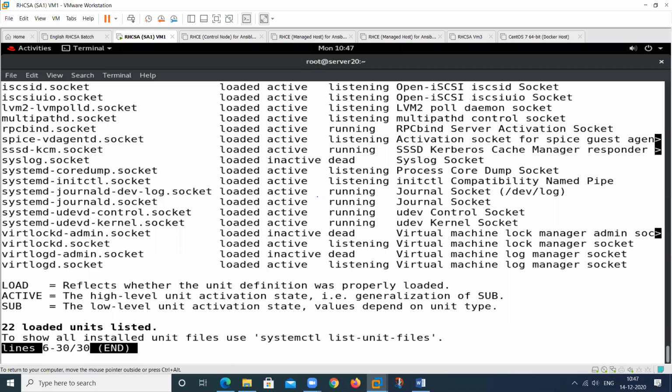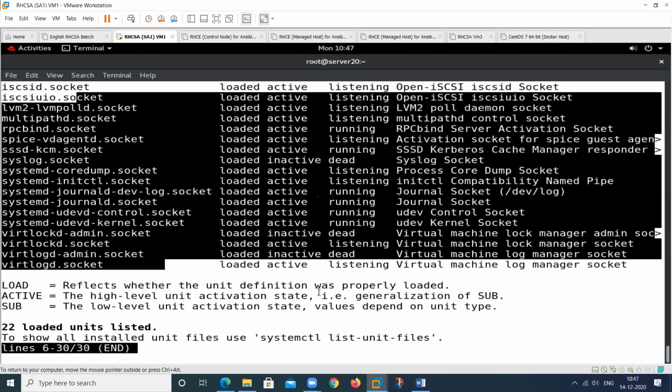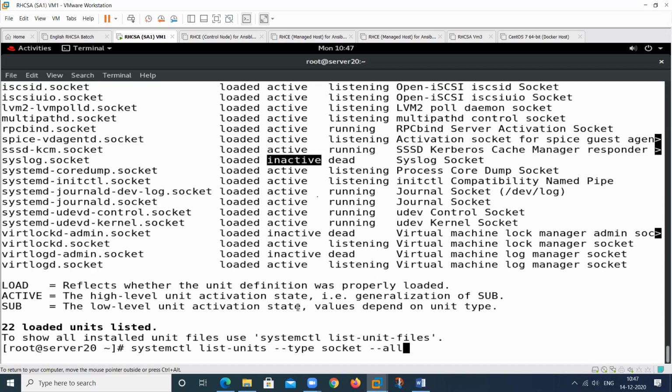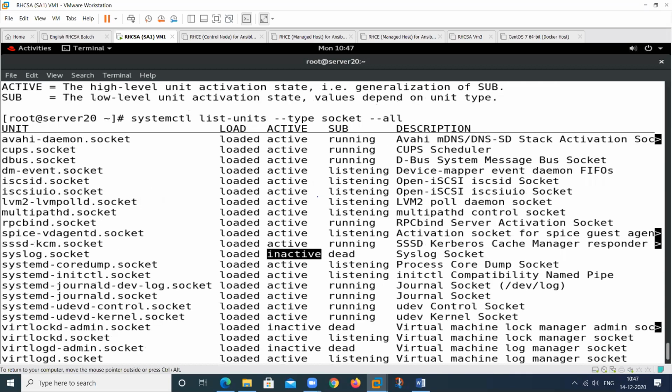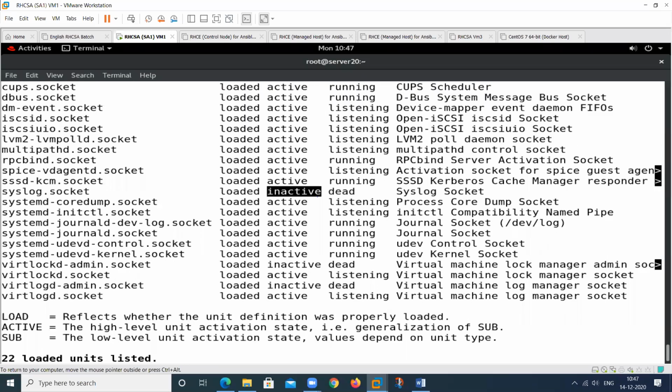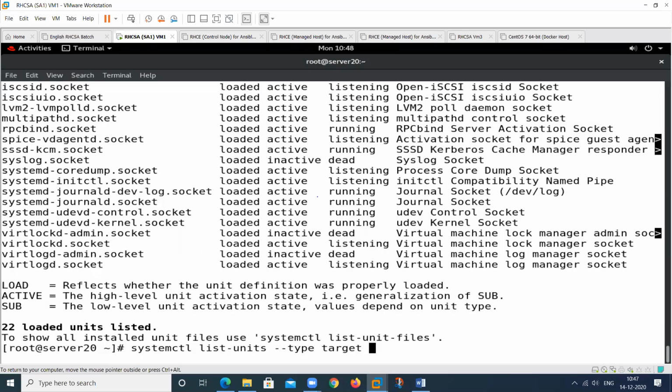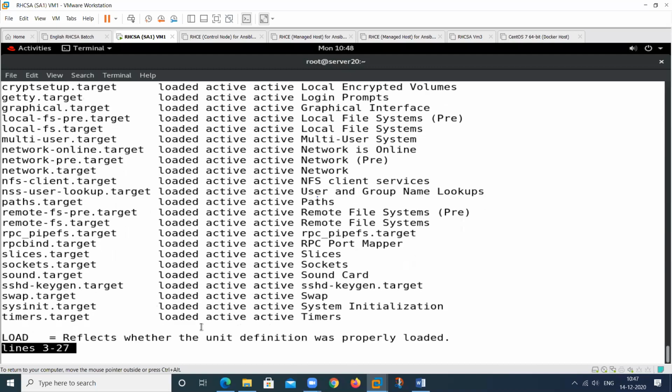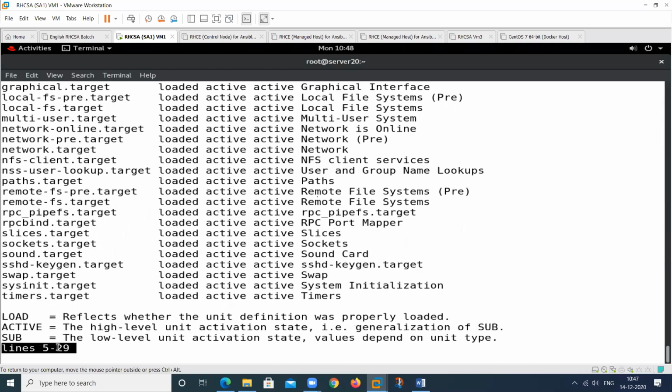The all option is used to display everything, including the inactive ones. So this also shows the inactive units. These are the inactive ones. The same thing applies to the other units also. Suppose this is my target, and here, how many target units do we have? At this time we have 32.